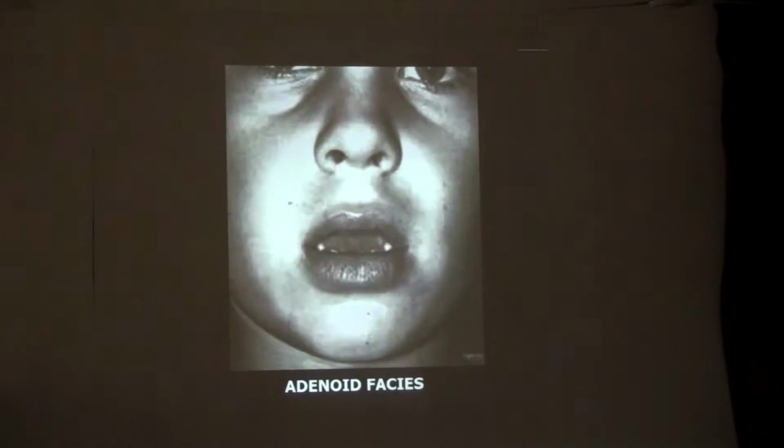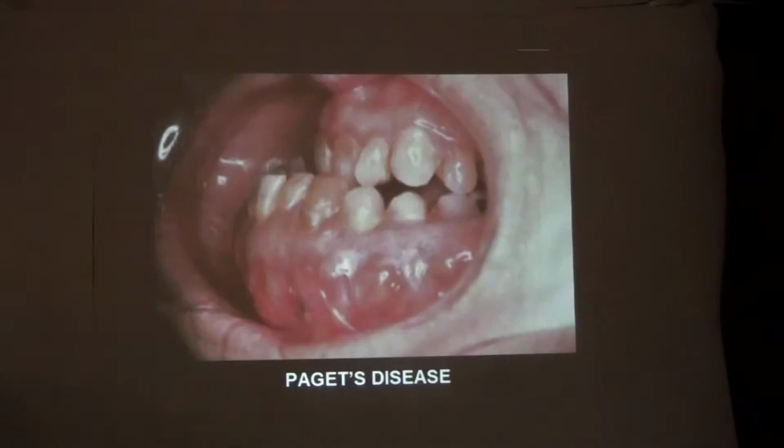See this face? It's an adenoid face. It's a typical open mouth. The child breathes with the mouth. The breathing is through the mouth mainly. And she has a typical face of adenoid faces. If you look at the next slide,